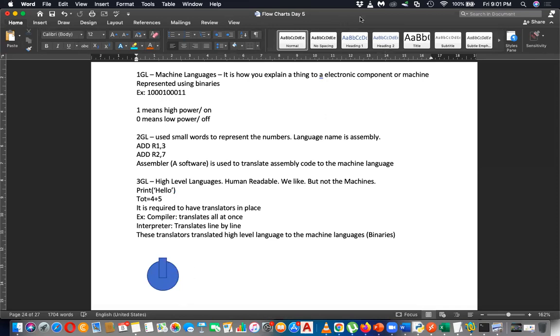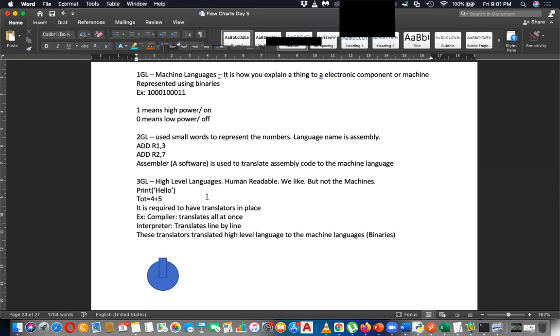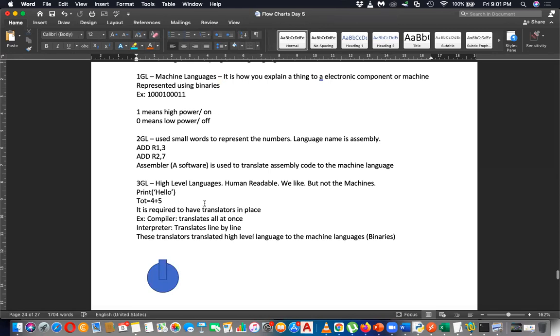Power button. Yes, that is the power button, right? On the power button, it shows 1 and 0. 1 and 0 means it can understand only on and off, on and off, 1, 0, on, off. So still machines can understand 1s and 0s only. But we use high-level languages to instruct the computer.